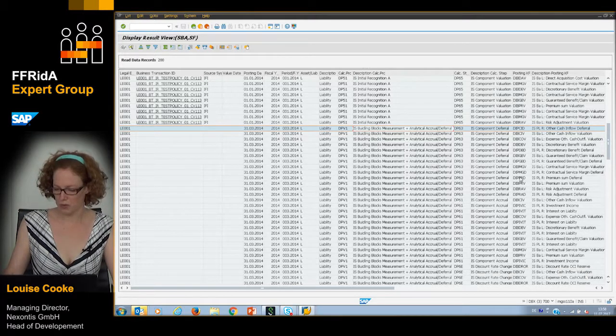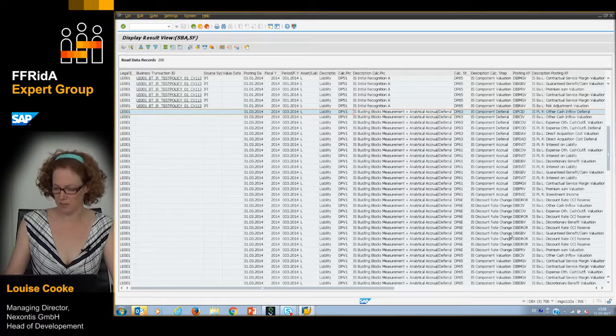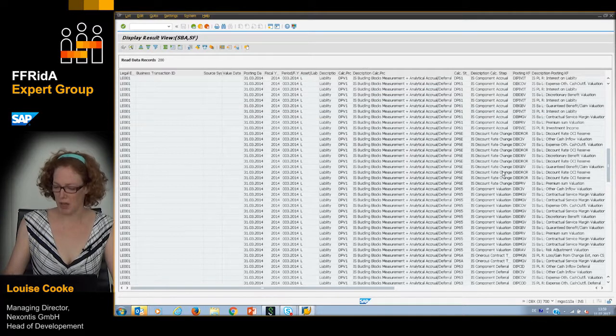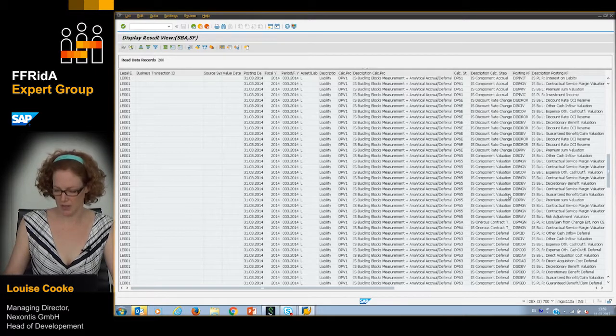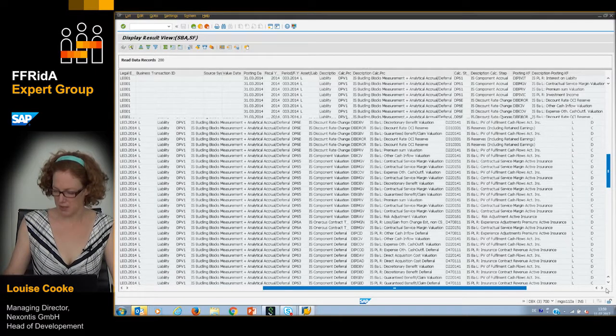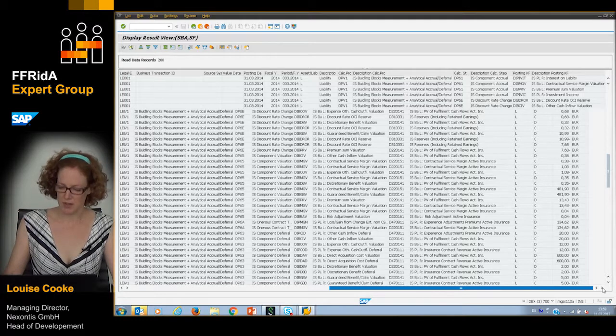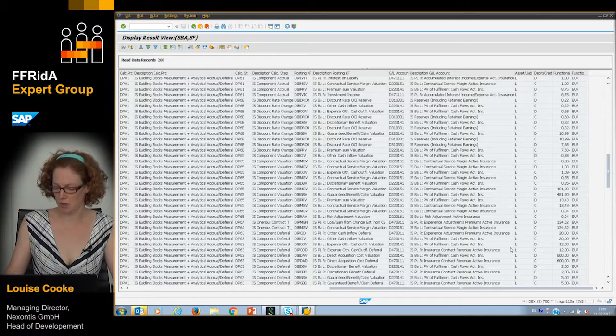We have an accrual, which is the calculation of the interest accretion. We have a discount rate change, which gives us the discount rate amounts and posts them according to which accounting rules you have chosen. And we have what we call a component valuation as well as the onerous test. The component valuation itself is the calculation of any changes due to change in estimates. So also here for the subsequent measurement step, we can see the results. We have a sub-ledger account that we've posted to, a general ledger account that we've posted to, the debit credit, liability or asset indicator, and also an amount.